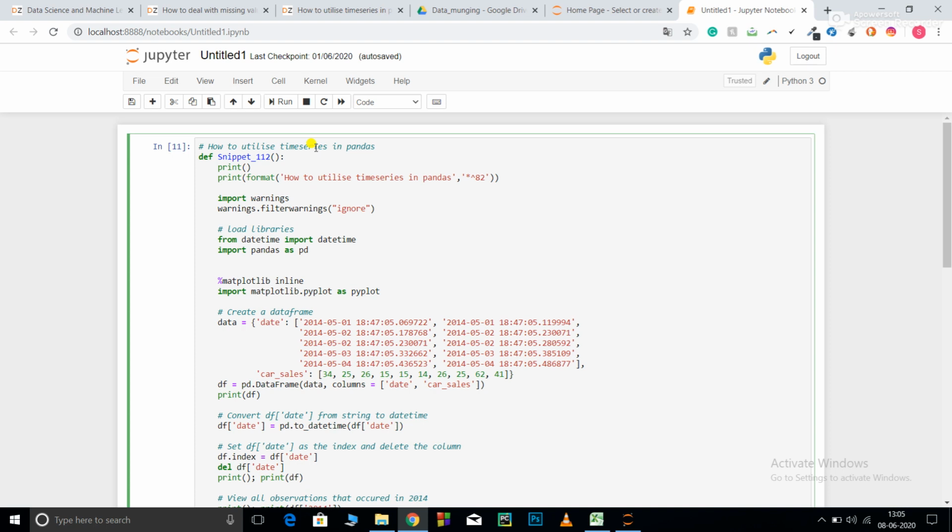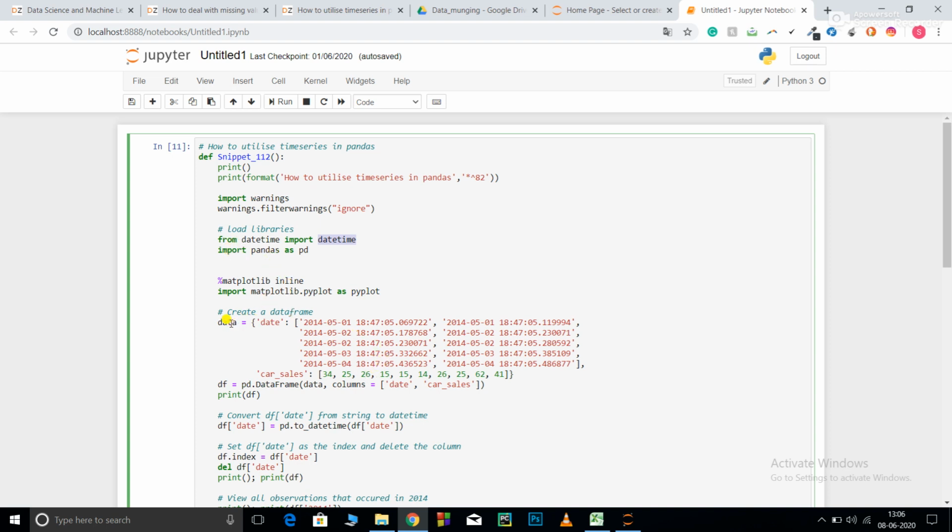While doing analysis of a time series data set, you need to be very thorough with using Python pandas libraries and different pandas functions to manipulate those data points in order to extract as much information as possible. In this video, we are going to learn the same. So I've imported warnings. Now from datetime, I've imported datetime. This is the module and library that I'm going to use for working with datetime data points. Now import pandas as pd.